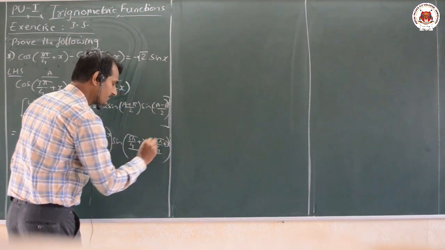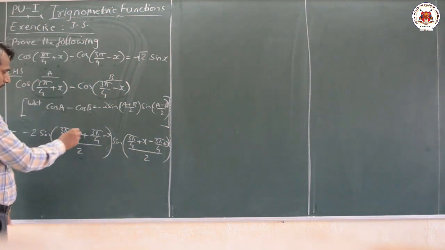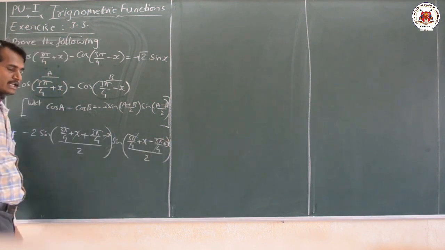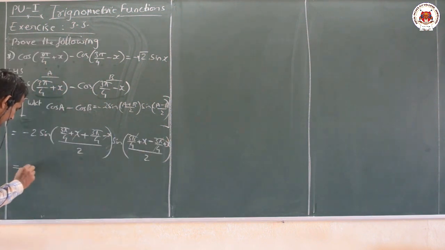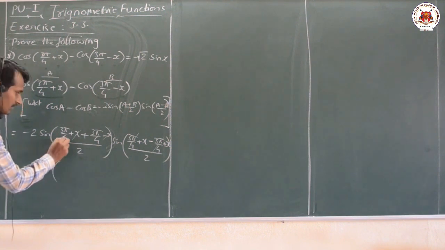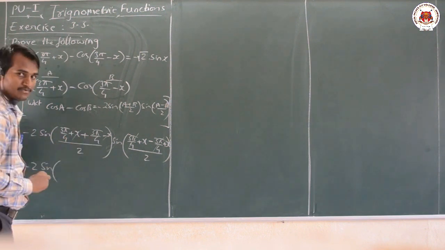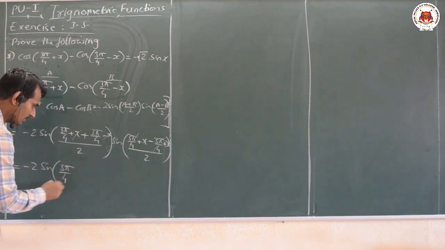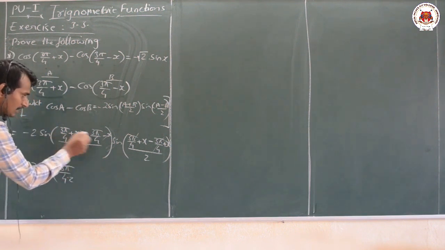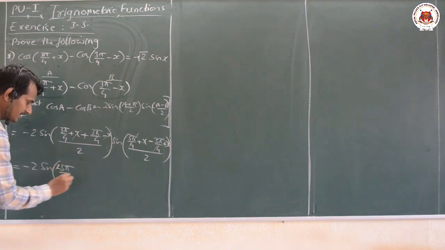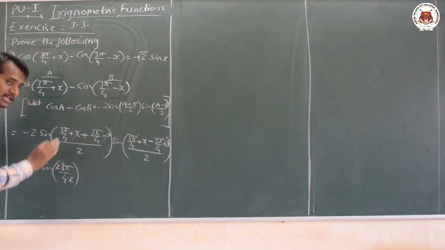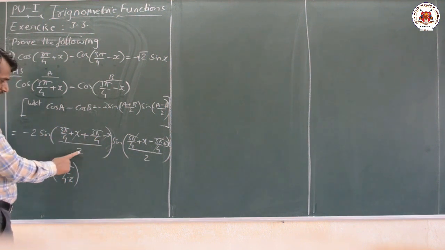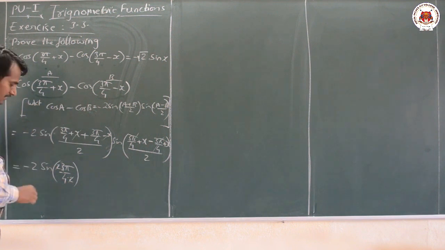Okay dear students. Now here we can observe that plus x and minus x get eliminated, and here 3 pi by 4 and 3 pi by 4 get eliminated. Now what is the remaining part? That is minus 2 sin of 3 pi by 4 plus 3 pi by 4, that is 3 pi by 4 into 2, and here 1 plus 1 will be 2, and the 2 gets eliminated. Again the remaining part will be 3 pi by 4 only, that means 1 plus 1 is 2, 2 into 3 pi by 4 divided by 2, the 2 gets eliminated here.